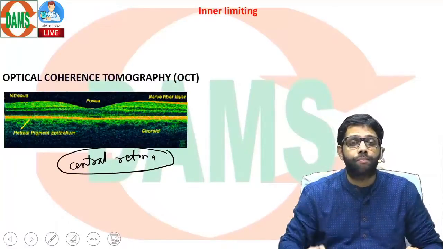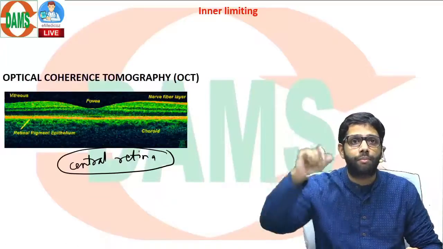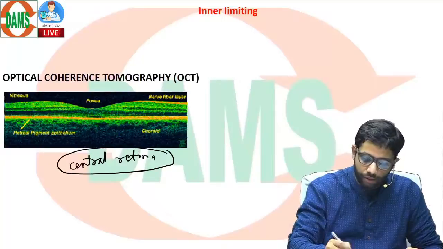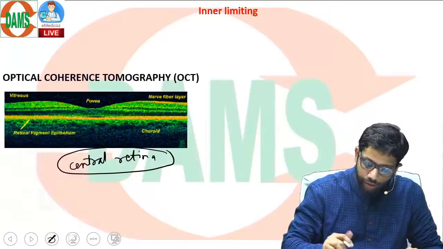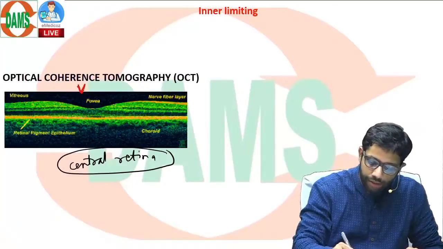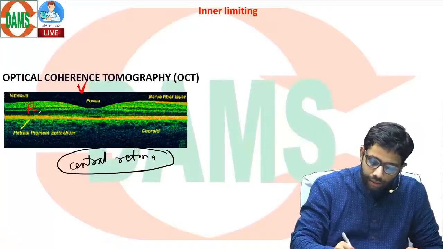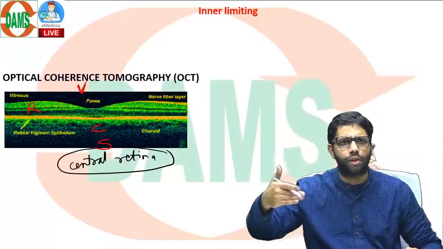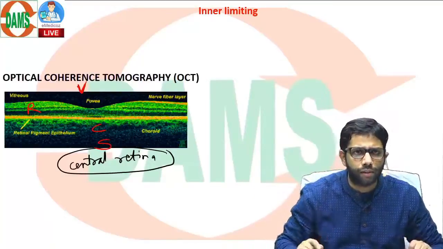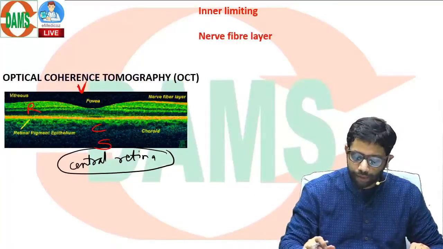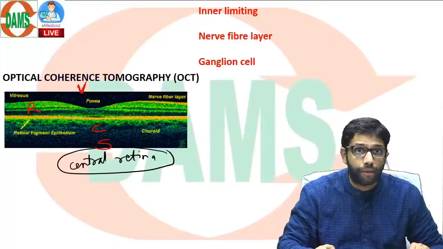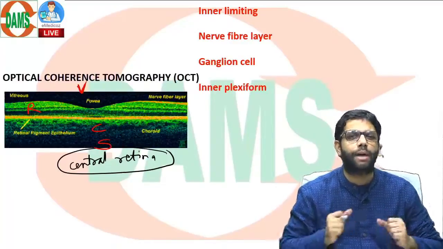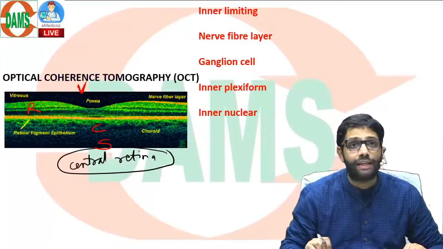Quickly I'll tell you in this. The inner limiting membrane is the first layer of the retina. So we are going from vitreous towards the choroid. Okay, vitreous, after vitreous comes retina, then comes choroid, then comes sclera. That is the orientation. If we go vitreous, retina, choroid, sclera, there are 10 layers of the retina. The first layer is inner limiting, then comes the nerve fiber layer, then the ganglionic cell layer, then plexiform. Plexiform means synapse. Then inner nuclear.